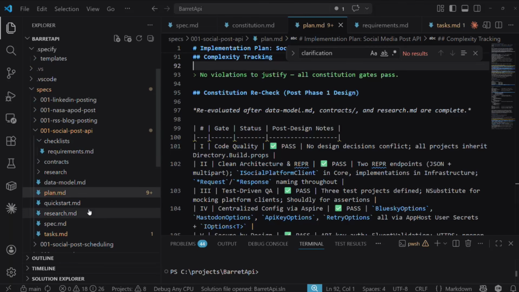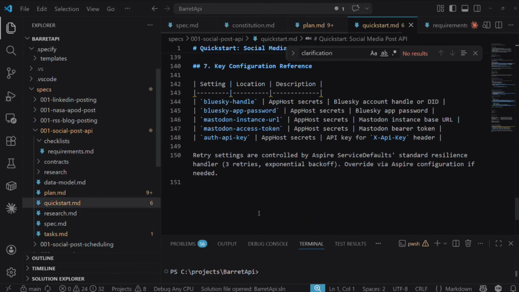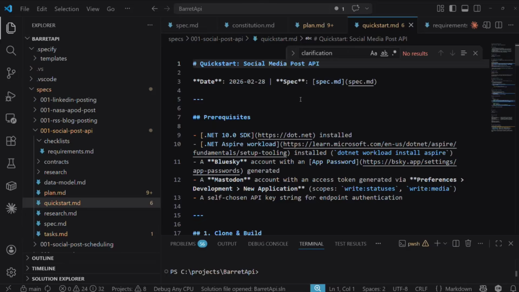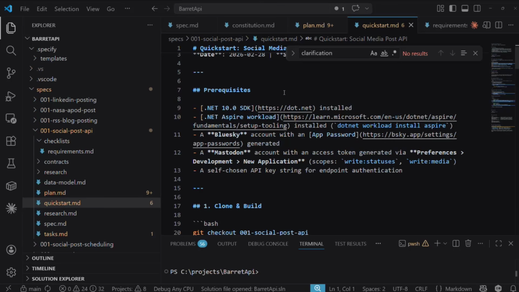As it's going through those first two steps, there are a number of other documents that might be generated. For instance, as part of the technical plan process, it'll create a quick start document most of the time. What this does is basically explain how to set up and run the application, just like you might write for another developer who is going to join the team. It generates these automatically.